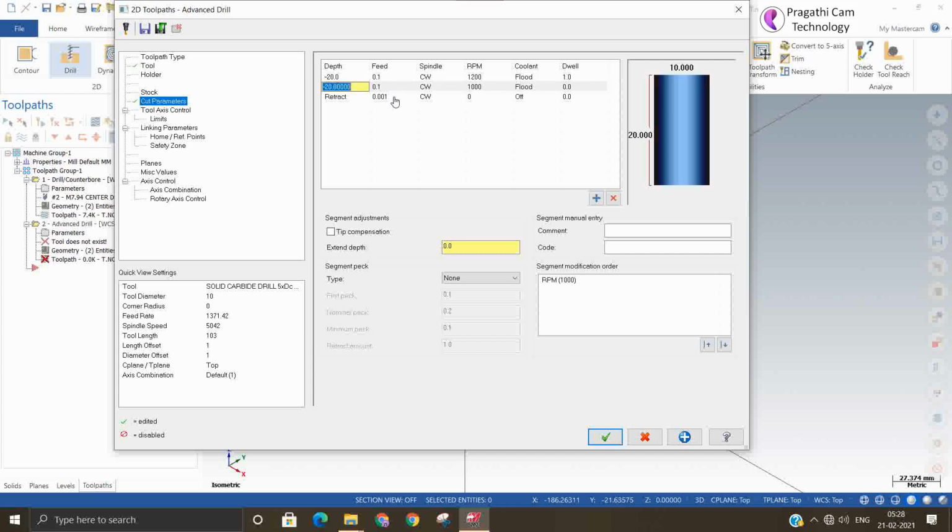Next, minus 40 is there, but I will give a little more, 42, and the spindle speed I will modify here, 1500. So whatever is given in the tool, it may not consider, and whatever parameter you are giving here, it is going to be considered.